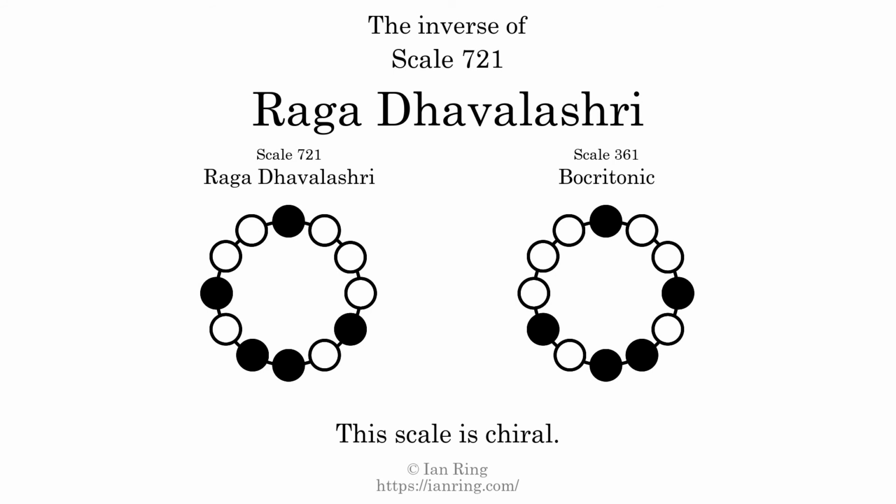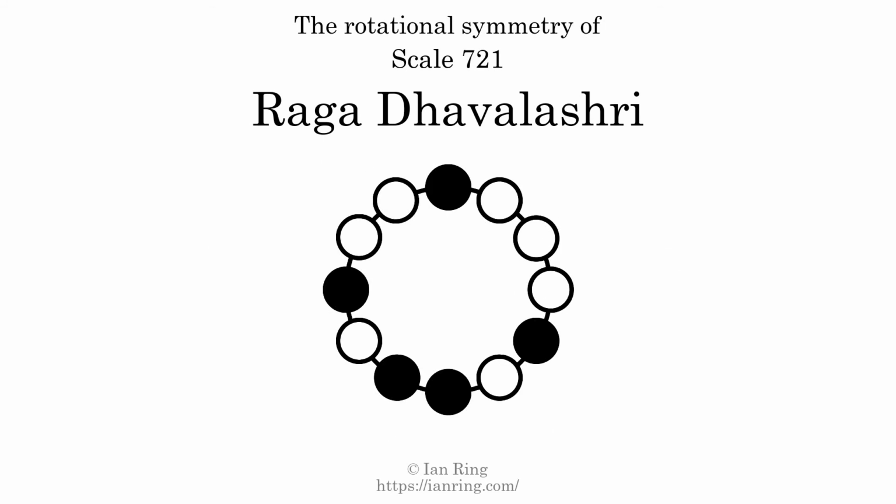The inverse of a scale is a mirror image. It is what you get when the sequence of intervals is reversed. The inverse of this scale is scale 361, also known as bocratonic. This scale is chiral. It cannot transform into its inverse by rotational transformation. This scale has no rotational symmetry. For even more detail about this scale, visit